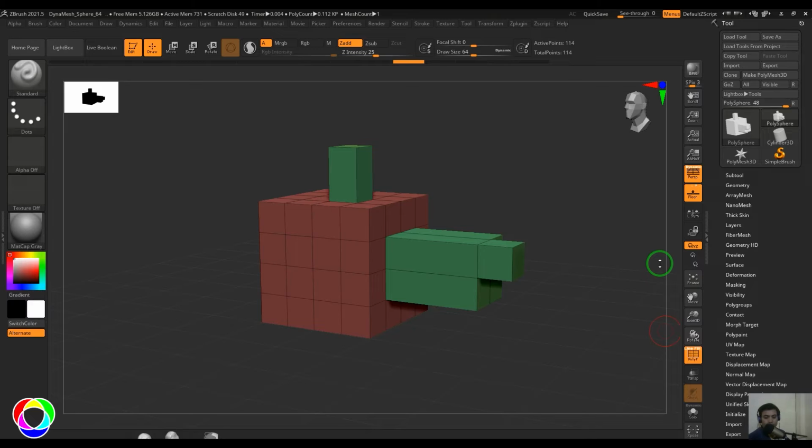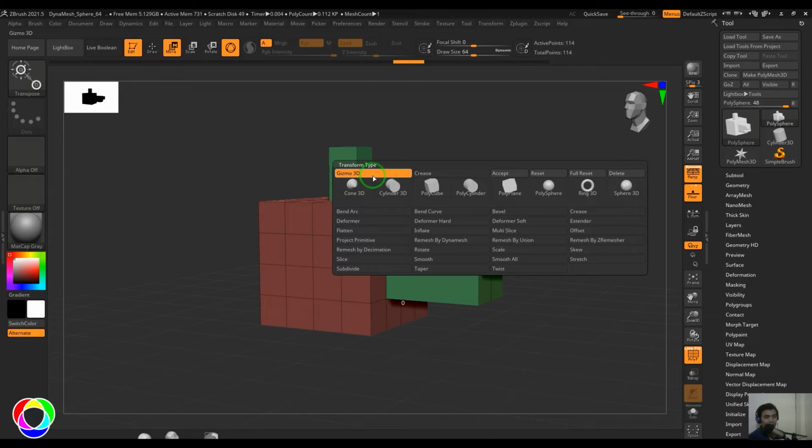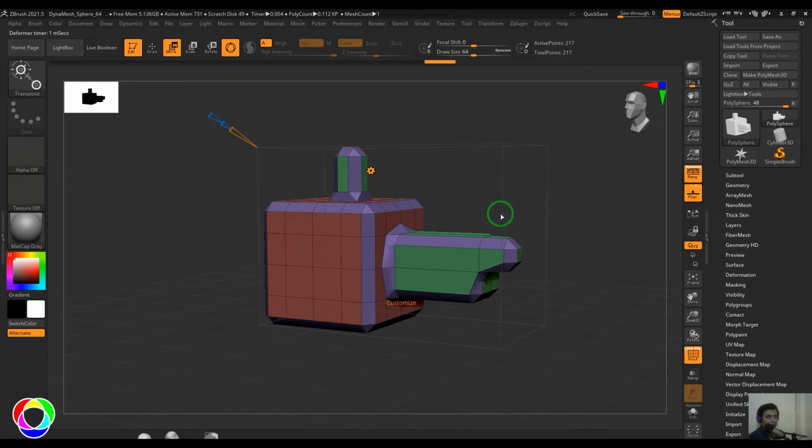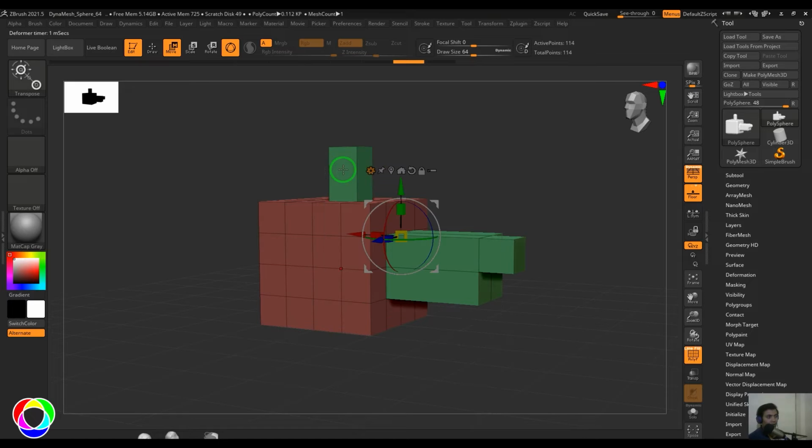So we will explore the crease deformer and the bevel deformer available in the deformers menu. If you just select the move tool and then click on the gear button, you have the bevel, which has this crease angle, and we also have the crease tool, which basically has the crease options. Firstly, the crease is something really important in this whole video, which allows us to understand what exactly is